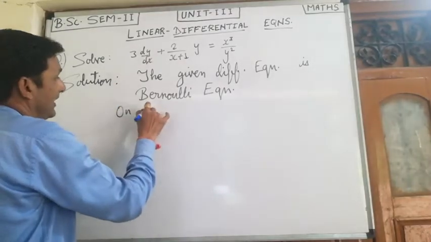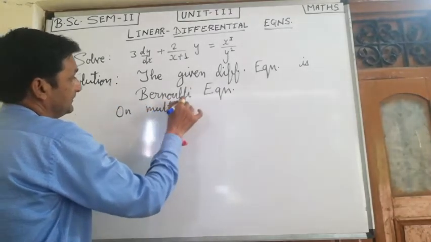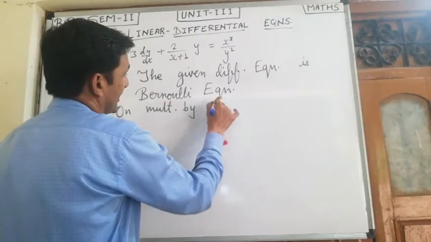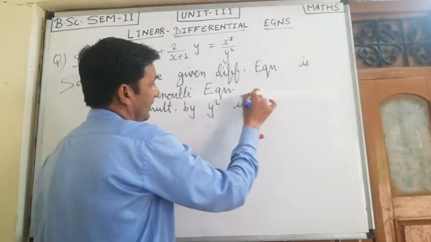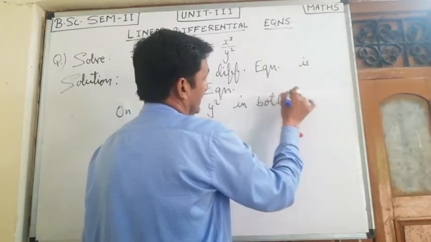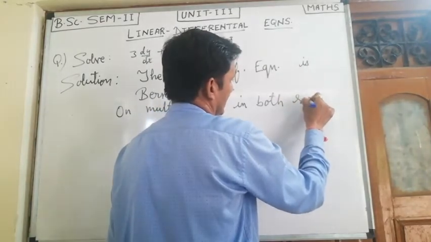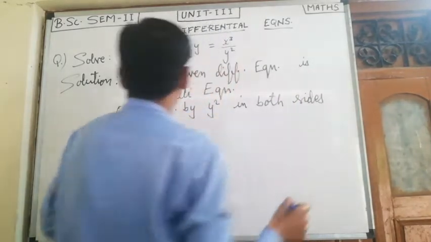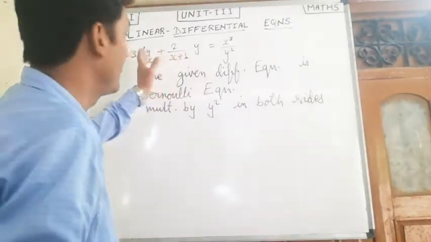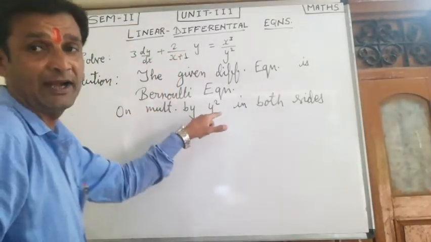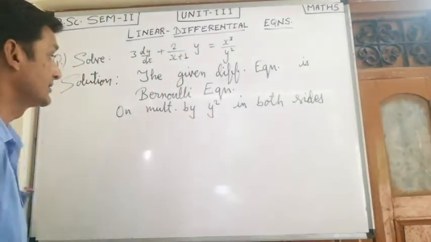On multiplying by y square in both sides, this is Bernoulli equation. It is the form of Bernoulli equation. Now if we multiply it by y square in both the sides, then it will be